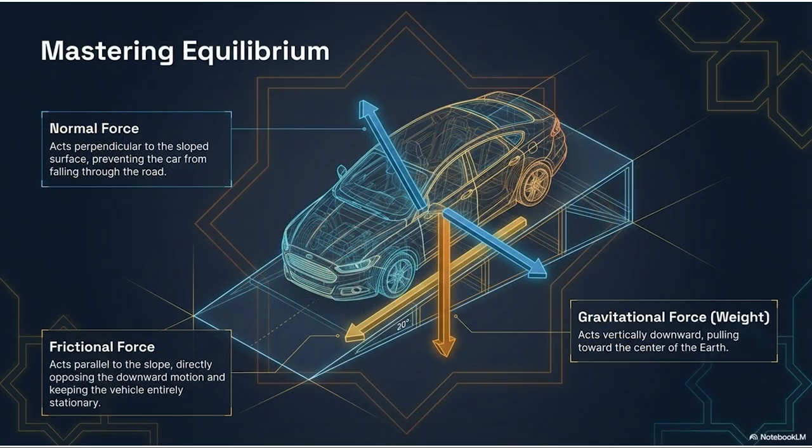Okay, let's map that back to the car on the hill. The road is slanted at a 20-degree angle. Gravity is pulling straight down to the center of the Earth. But the normal force isn't pushing straight up into the sky. Right. It's pushing away from the slanted road at a 90-degree angle. Yes. It is the solid molecular structure of the asphalt physically fighting back against the tires, preventing the mass of the car from falling through the road.